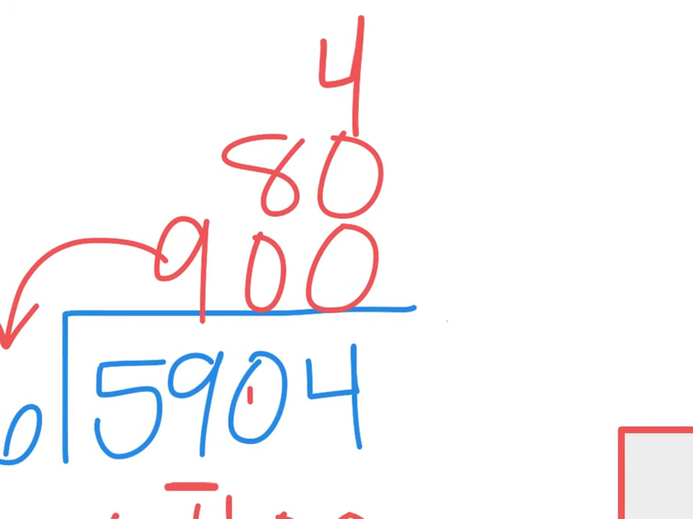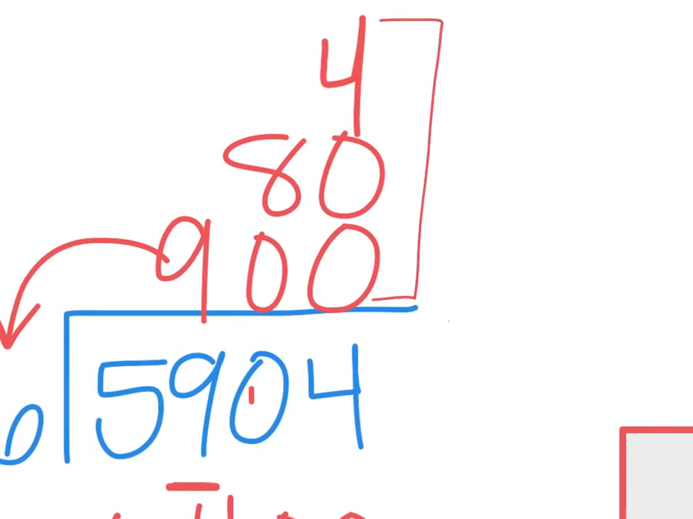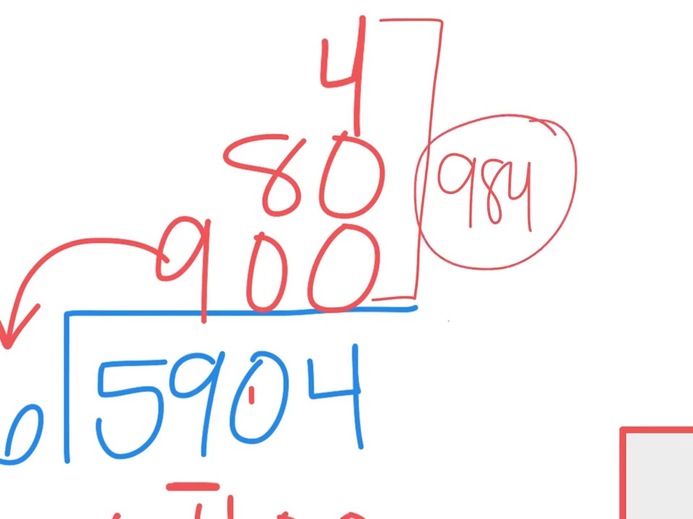So again, my last step is to come up here and add everything that I have stacked. 900 plus 80 plus 4 gets me 984, and I don't have any remainder, so I am done. And that is the same